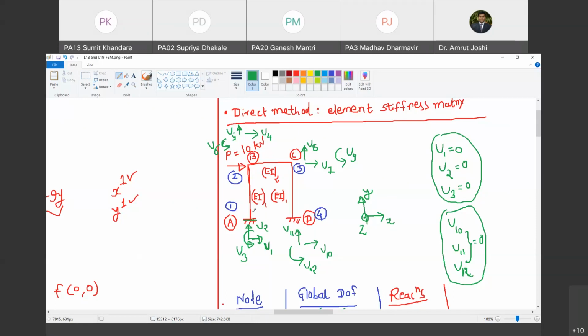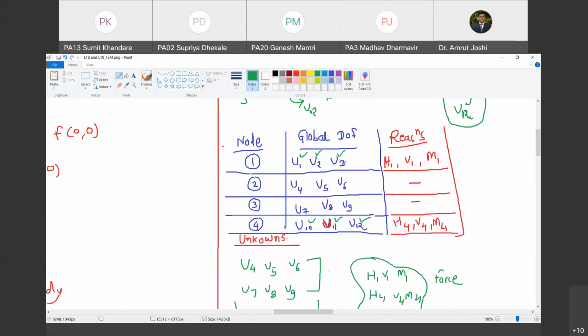Yes, sir. But in finite element formulation we discretize the continuum. So what will we do? We will discretize the continuum. How will we discretize? By identifying the elements. So here I have identified 3 elements. Which ones? 1 to 2 is one element, 2 to 3 is another element, 3 to 4 is another element. So elements and nodes have been identified to discretize the continuum into only 3 elements. Are you with me? Yes, sir.